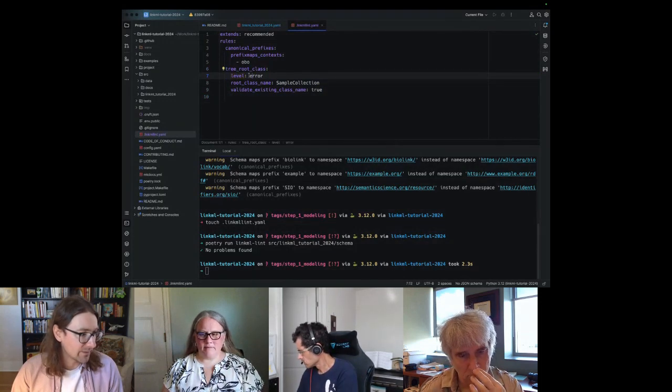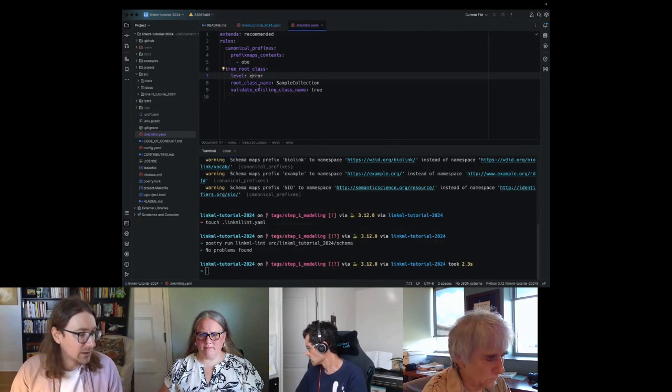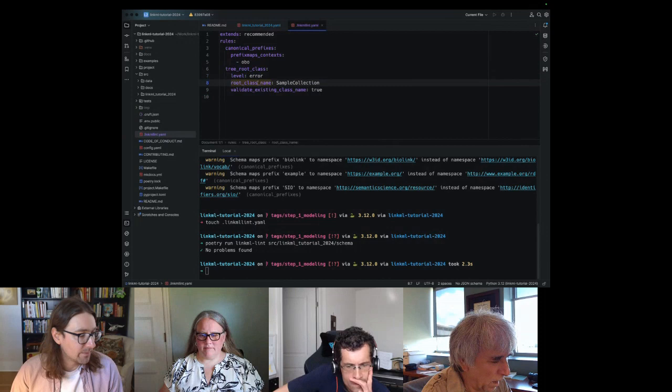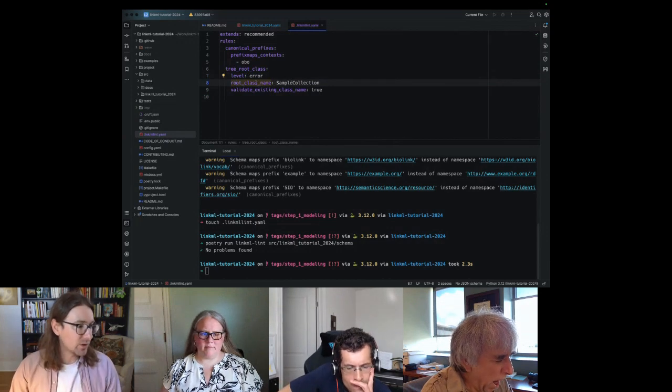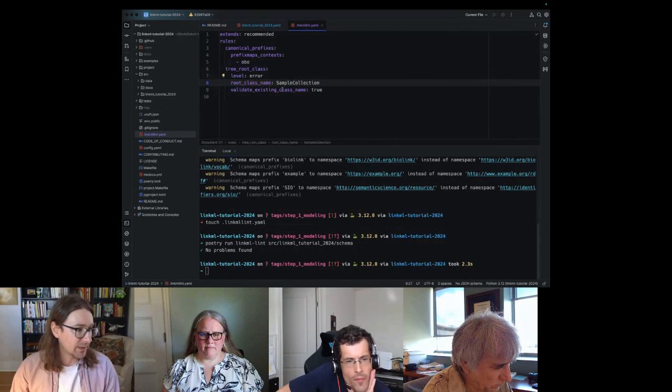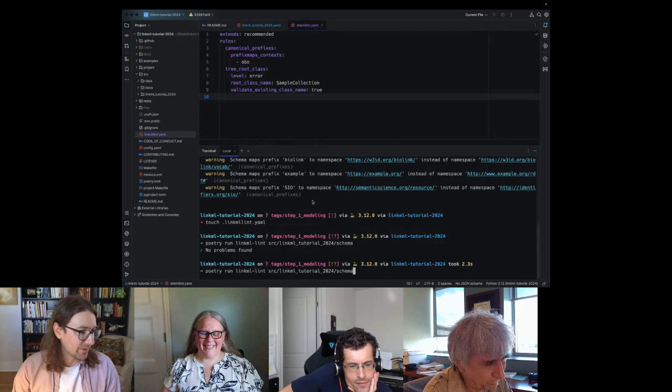So any violations of this will be raised at the error level. I'm telling it, you should expect to see a class with tree root true called sample collection, and that it really does exist. So if I run this,